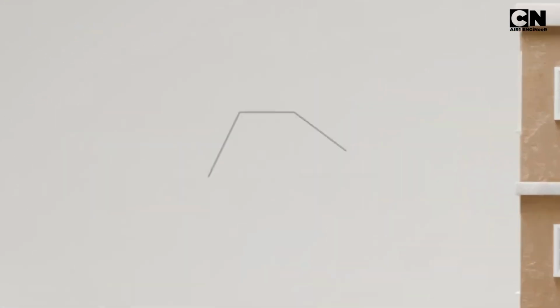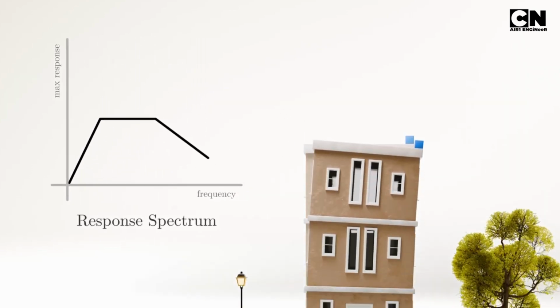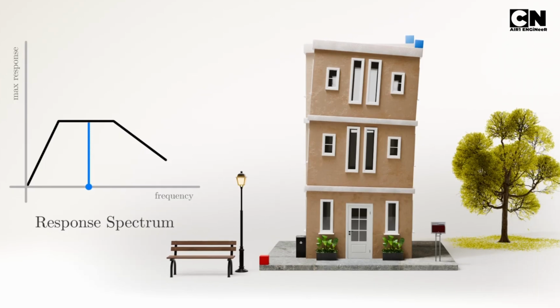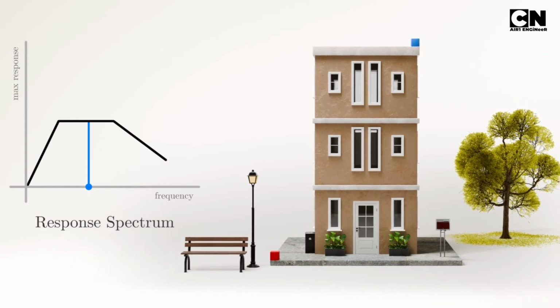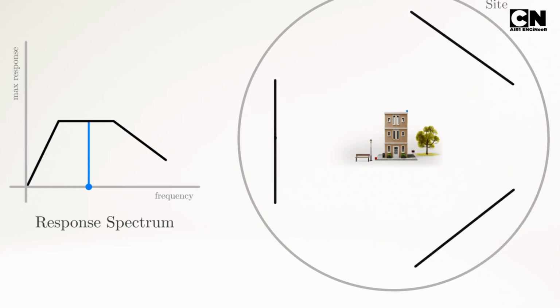This is done with the help of an analysis tool called the response spectrum. It works by directly providing us the maximum response of the structure based on its natural frequency. The response spectrum is generated for a specific seismic zone, where we wish to build the structure, and is defined by the seismic properties of the nearby fault lines. In this video, we are going to learn how the response spectrum is created for a particular seismic zone and